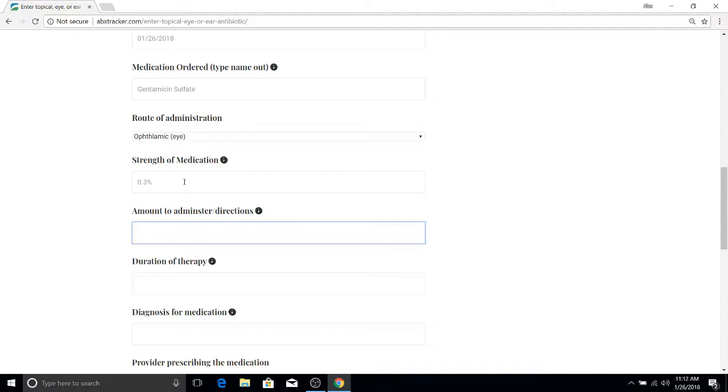The next is the amount to administer. So let's take the same case. If the order reads gentamicin 0.3% eye drops and instill 2 drops 4 times daily, you would enter 2 drops 4 times daily in this field. Another example, if the order reads clindamycin 1% topical solution, apply a small amount to the face twice daily, you would type apply a small amount to the face twice daily in this field. For our purposes, we'll stick with our gentamicin order that read instill 2 drops